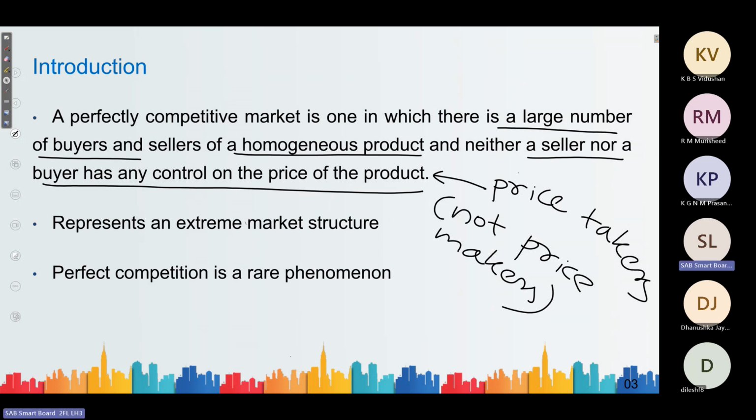But there are approximately close markets to perfect competition. For example, in large countries, most of the agricultural product markets are approximate examples of perfect competition. For example, in the United States,